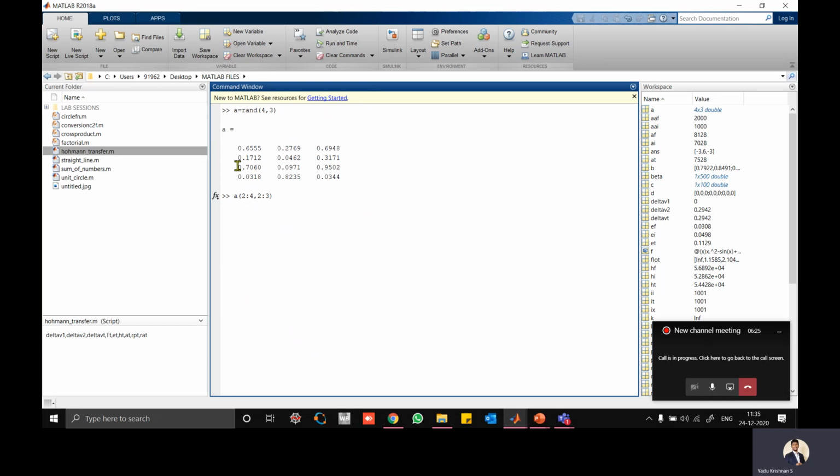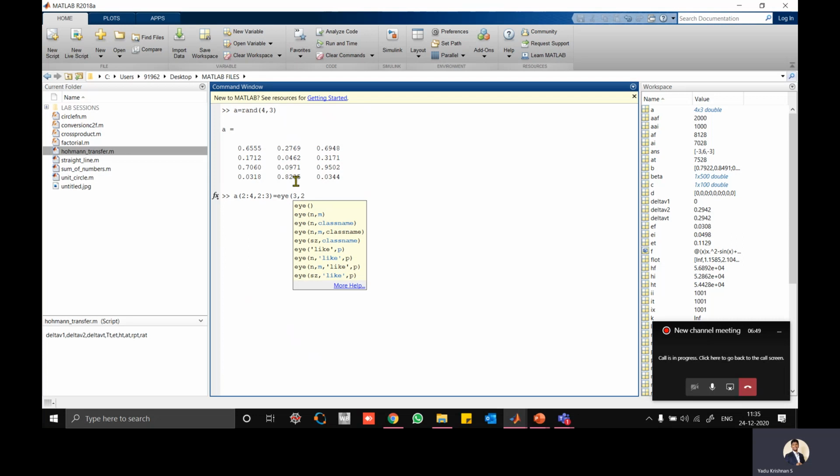So second, third, fourth row will be there, and columns 2 to 3. We can replace those values with the identity I of 3. This will be a 3 by 2 matrix, so I'll put eye of 3,2.